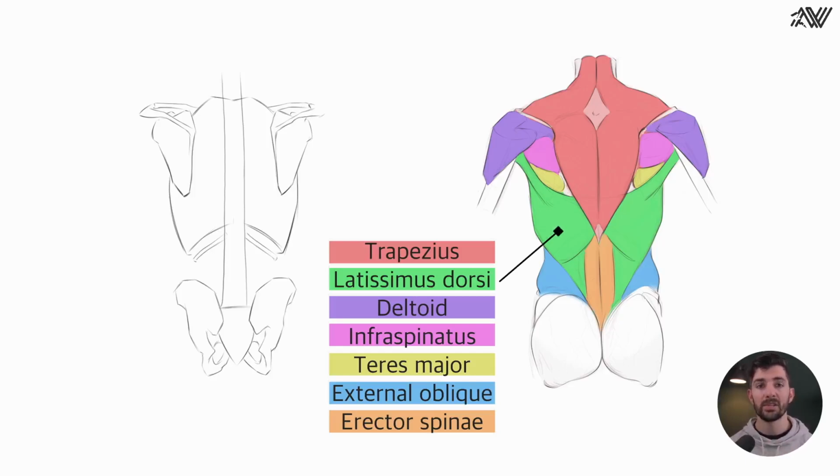muscle that connects underneath the humerus and attaches to a large part of the thoracic and lumbar part of the spine. Next, we have the external obliques that sit on top of the pelvis, or more specifically, the iliac spine of the pelvis. And we have the erector spinae muscles that stabilize our lumbar spine. Naming these muscles will get you bragging points, but it will certainly not make you a better designer. Therefore, as already stated in this course, we will focus on the 3D form this muscle represents and its function